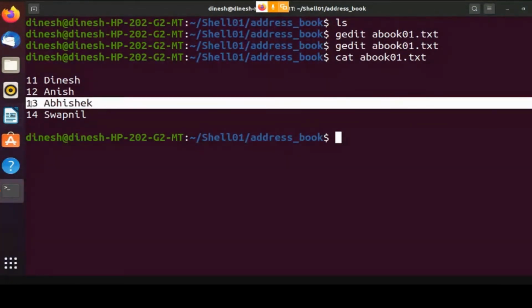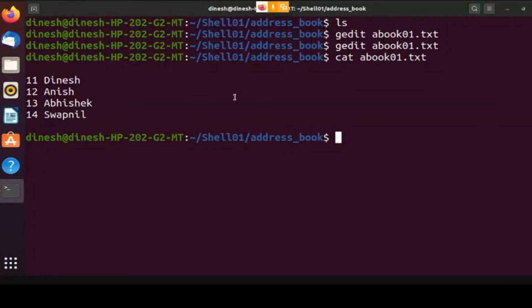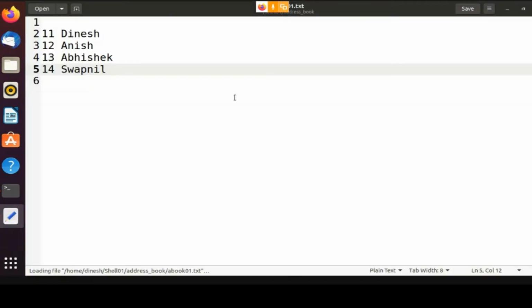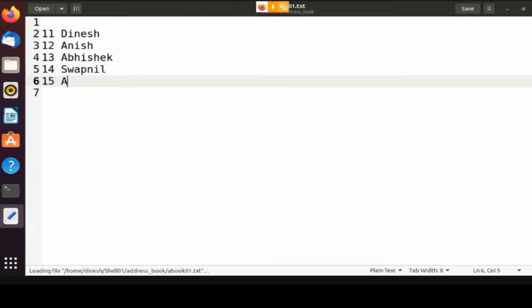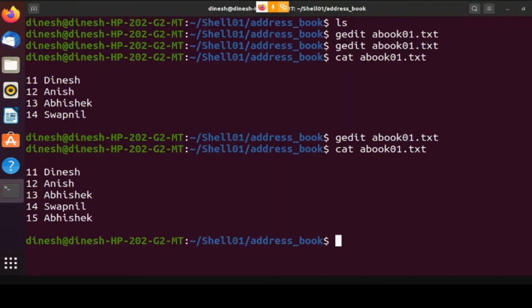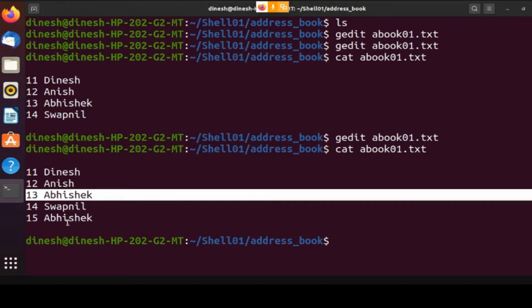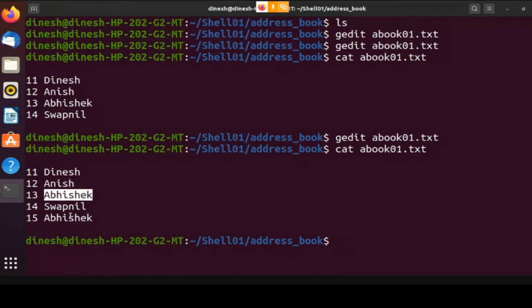There can be one more Abhishek in your class, because names can be replicated, but roll numbers cannot. So we'll keep the roll number as the unique key, and then we'll have the name.